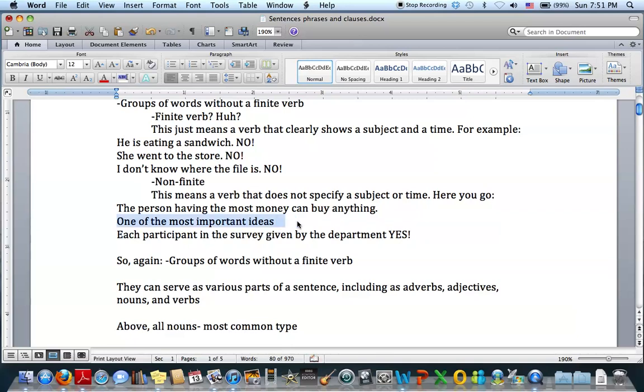One of the most important ideas is that of frugality. Let's just go with that. And here we have, again, another full sentence. Who's the subject right here? This whole phrase. And that tells us it's a noun phrase. I don't need to go into more detail about that at the moment. It's enough to show you that noun phrases are, without a doubt, the most common type of phrase in academic writing.